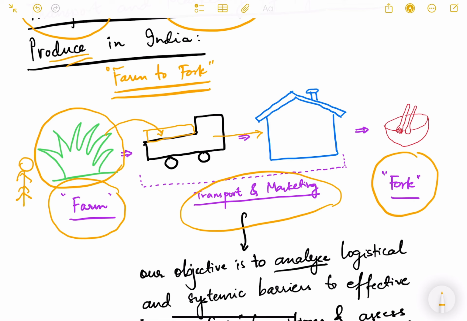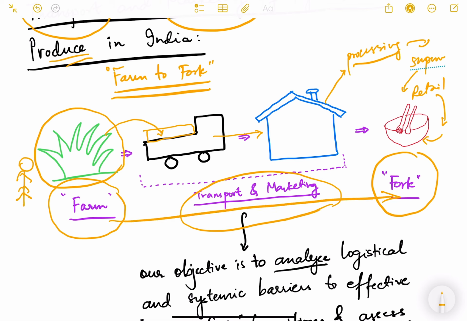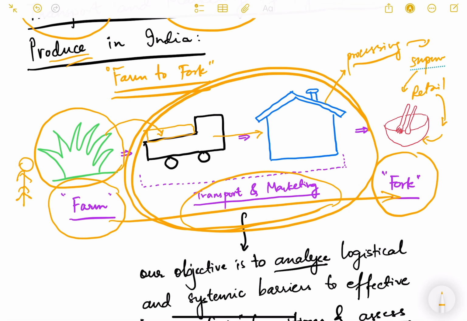and then this truck transports it to either the mandi where it is sold and purchased by the people, and then maybe it goes for further processing in some factories, maybe some packaged food, and then maybe through a supermarket. Okay, and then maybe to some retail shop, and then from the retail shop to the consumer, and then finally to the plate. So this is a very simple supply chain that I have shown to you here. This process in between from farm to fork is called the transport and marketing process of the agricultural